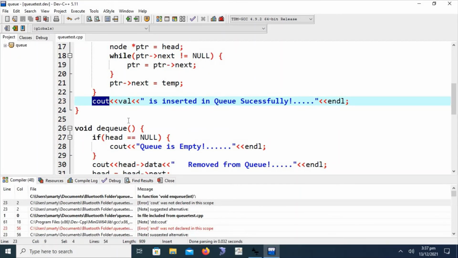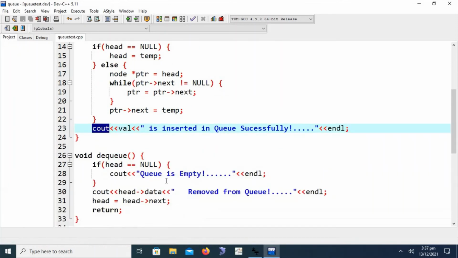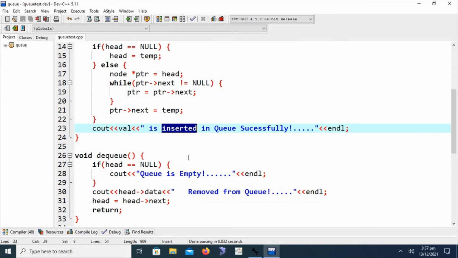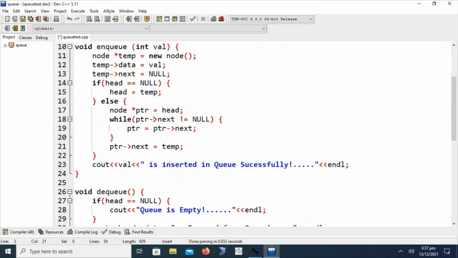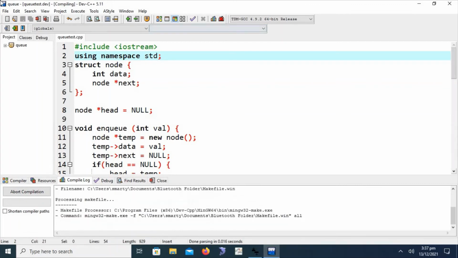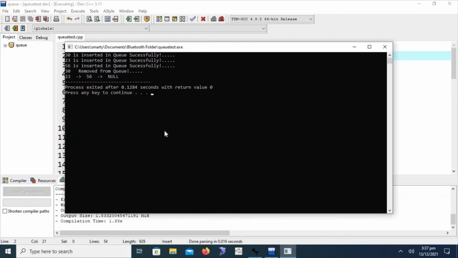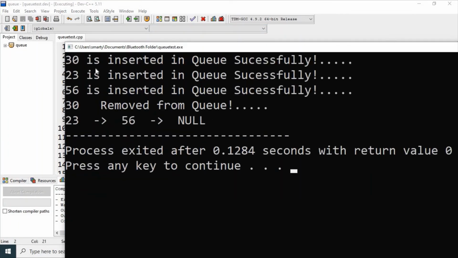Here it says that cout cannot be used. I have already explained this in a video session that is part of the C++ fundamental program playlist. Here you can understand the main purpose of namespaces and how we can define a user or standard namespace. This error belongs to the standard namespace. Okay, compile it again. Now we can see that 30 is inserted into the queue, 23 is inserted into the queue,